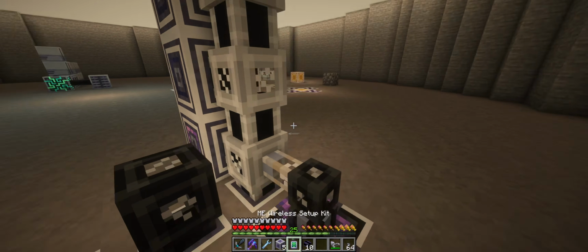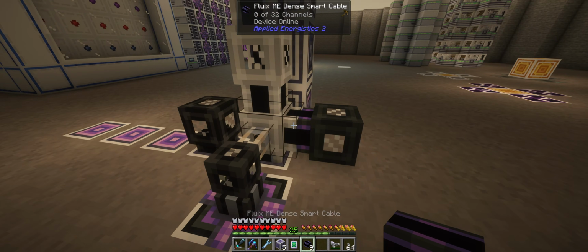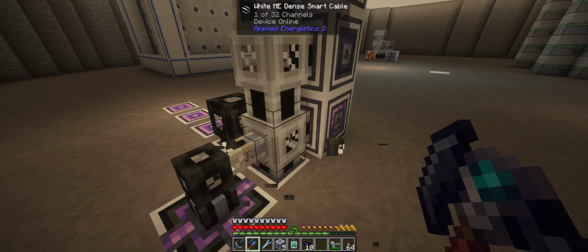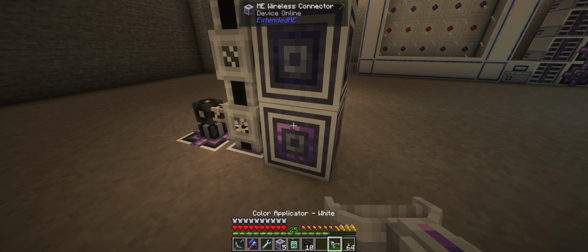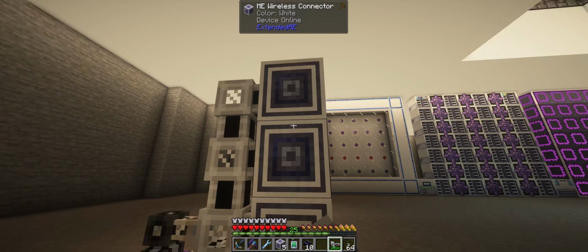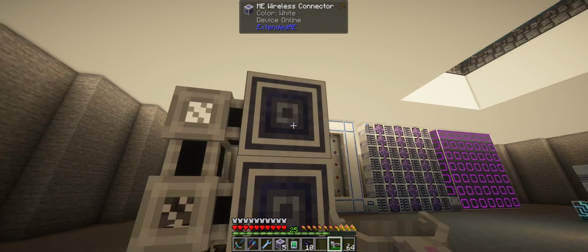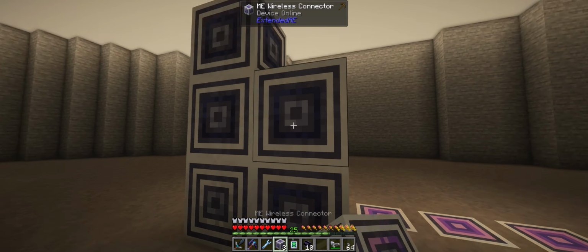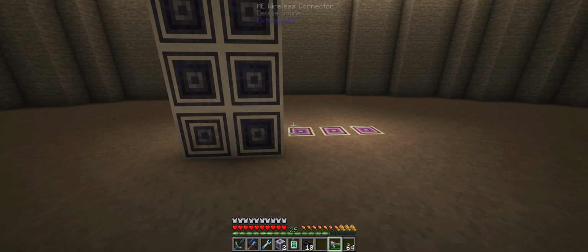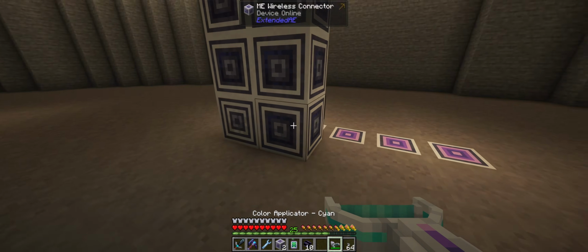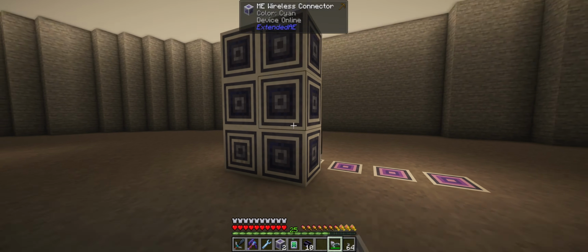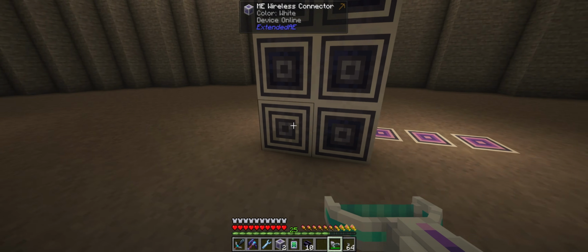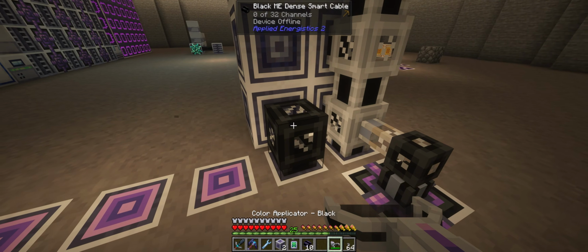So if I take some fluix cable and put it next to it, you can see the fluix is connecting. So fluix connects to everything, but the colors only connect to the same color. But what I can also do is color these wireless connectors white, and now these guys can connect together, but they won't connect to different colored wireless connectors next to them. So let's say this next set we can do cyan, and we shift right click to color all of these cyan. So now the white and the cyan are not going to connect together,